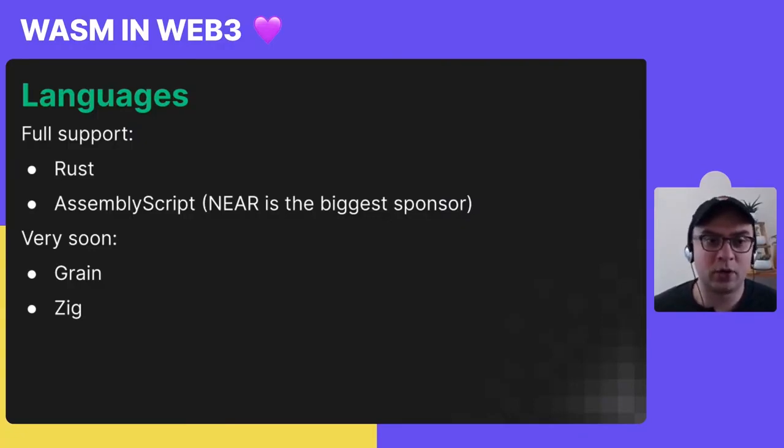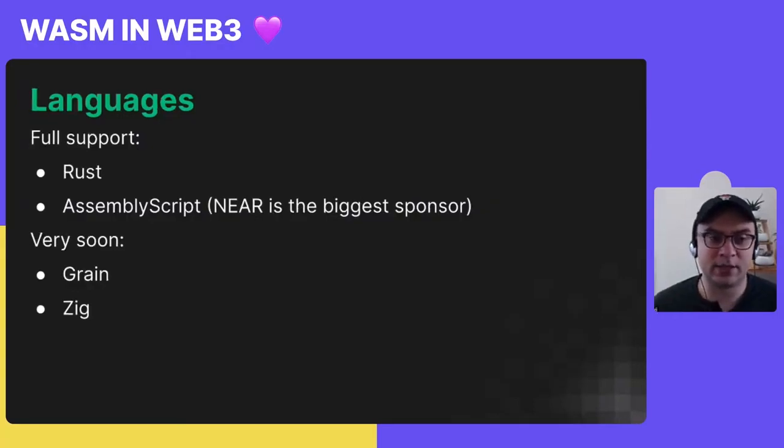But we also allow people to develop in AssemblyScript. For those of you who don't know, AssemblyScript is a dialect of TypeScript. It has been developed by a small group of people that we are the biggest sponsor of. They are trying to get the right balance of having a developer-friendly language for people coming from web and mobile development.